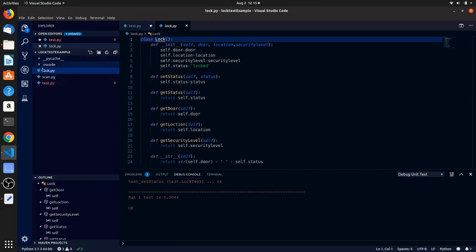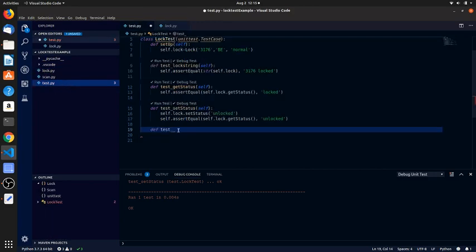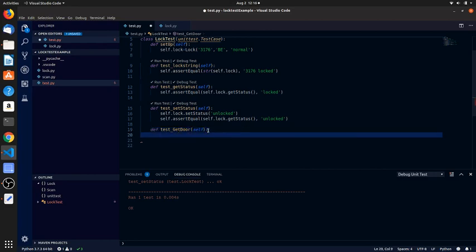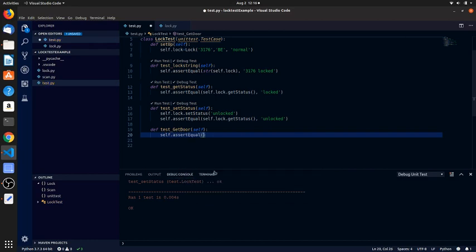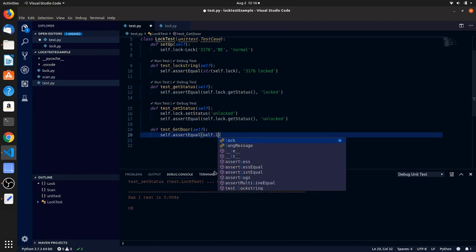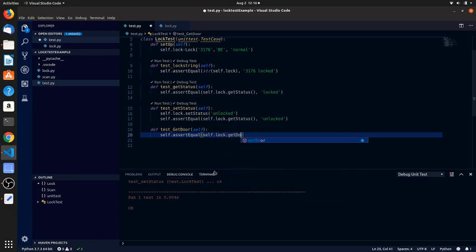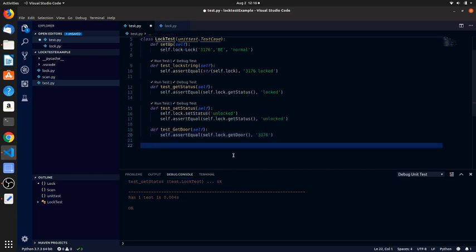So I am going to go to test get door, and we'll do a self, and basically we're just going to test that what we entered up above is correct. So I am going to self assert equal self.lock.getDoor, and it returns something, and it will return 3176. Okay, so I am going to save,